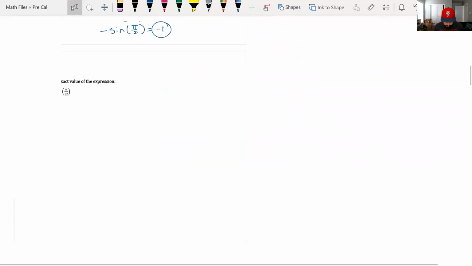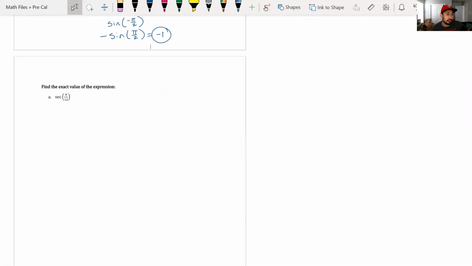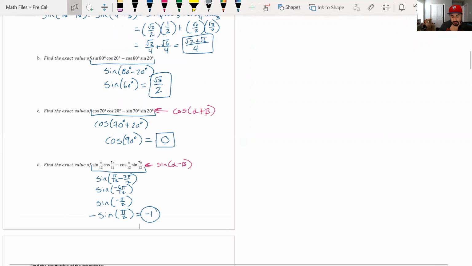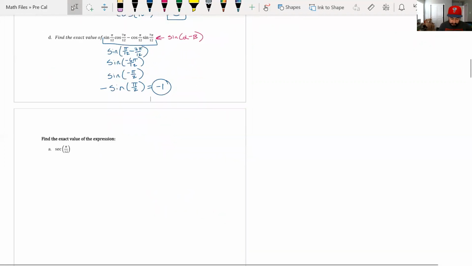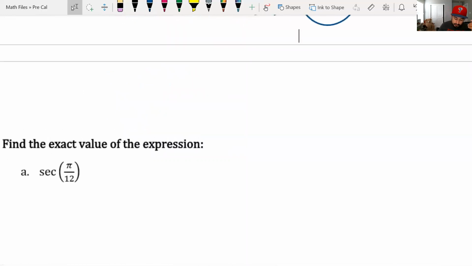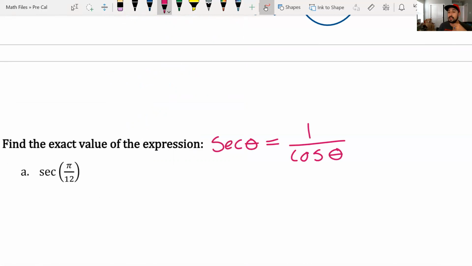Perfect. So we get a whole page for this one. It says, find the exact value of the expression secant of pi over 12. Well, we don't have a sum or difference formula for secant. We only have it for sine or cosine. But we do know that secant is the reciprocal function for cosine theta. So this means that we can rewrite this expression as 1 over the cosine